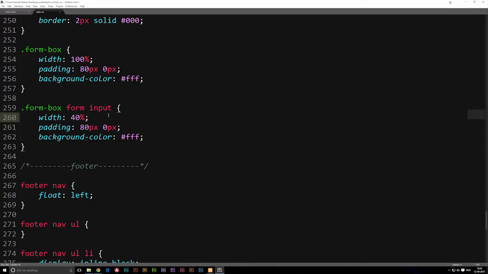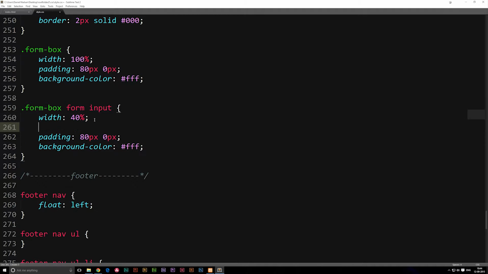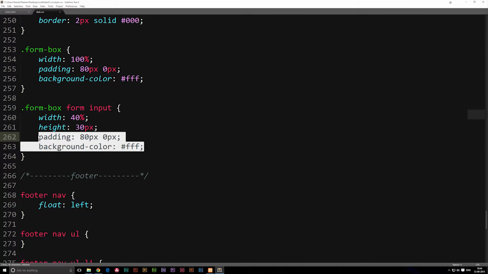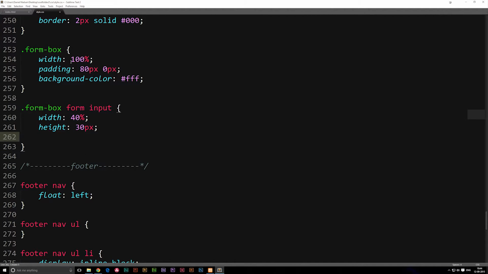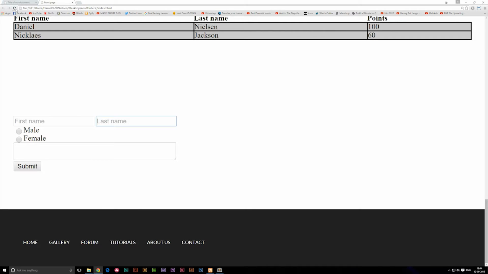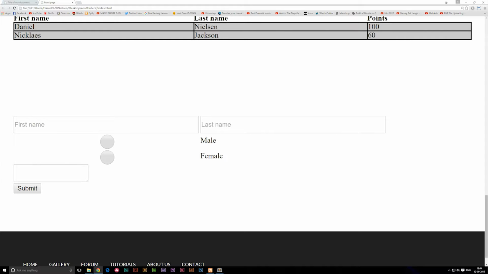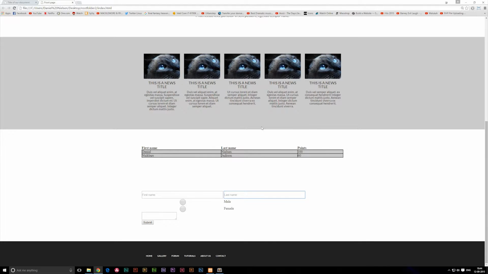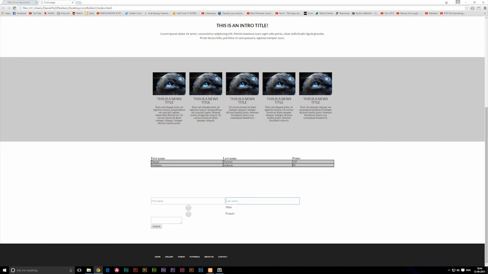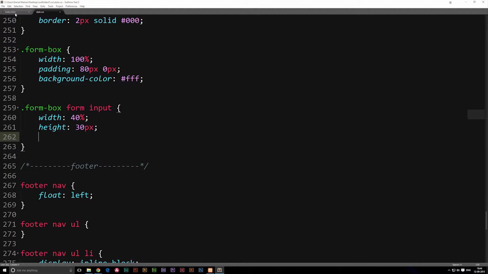We also need to give it a height, and we're going to do that below here. We're going to set it to 30 pixels, just because that's what I feel like setting it to. You guys can do whatever you want. I'm just going to delete these last two stylings we copied down from the form-box, because I want to show you guys how it looks right now. So if we save it and refresh the browser, you guys will notice that we do actually get 40% for each of these, and that's actually quite a lot. If you take a look at it right here, if I zoom out to 100%, you guys will see it's actually not that bad. So what we can do here is go back into our index file,